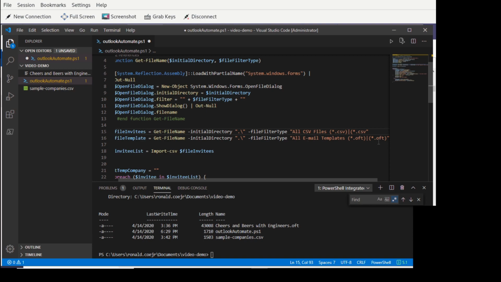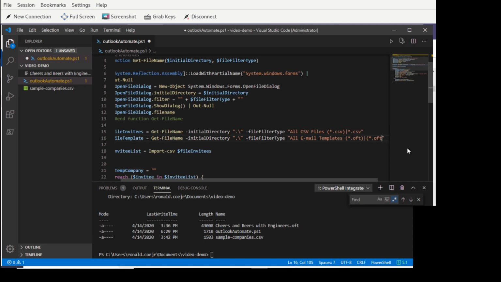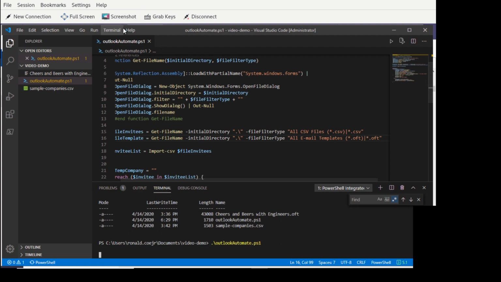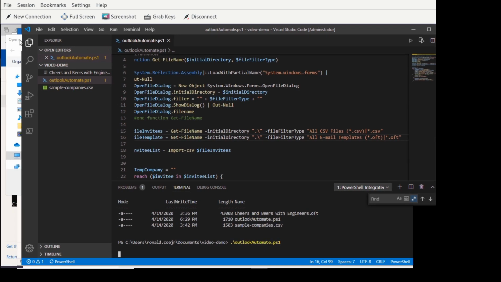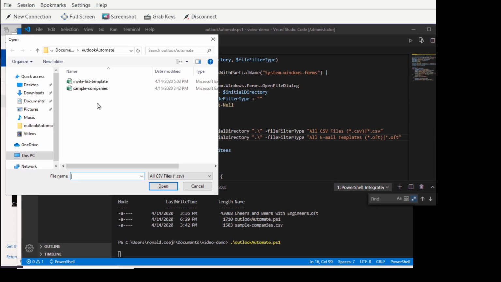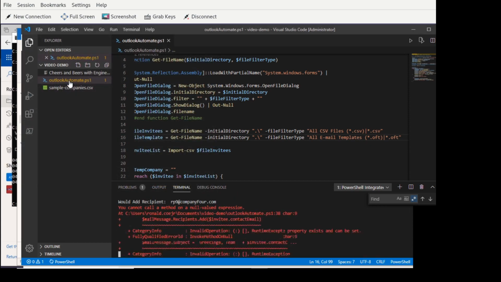Parens. That looks better. So we'll take our sample companies, get our template,